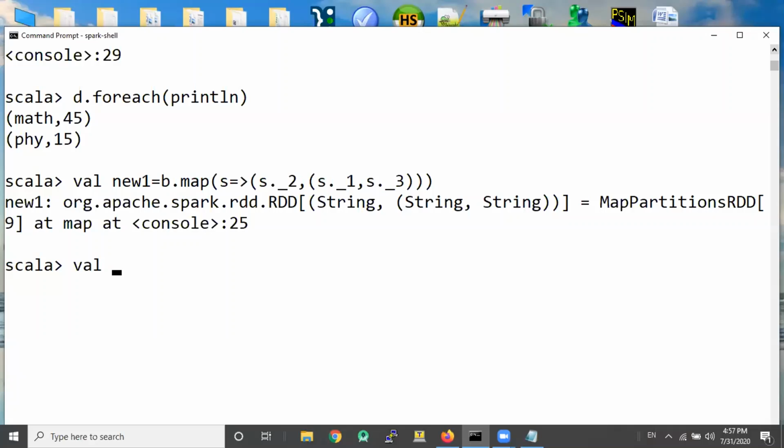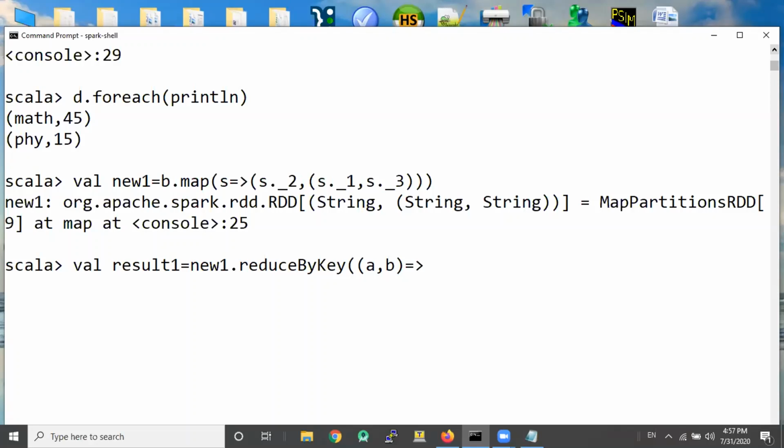Val result 1 equal to new 1 dot reduce by key. And what do we do out here? We do something funny. This a comma b now represents the inner tuple which is in the second column, and what do we replace it by?